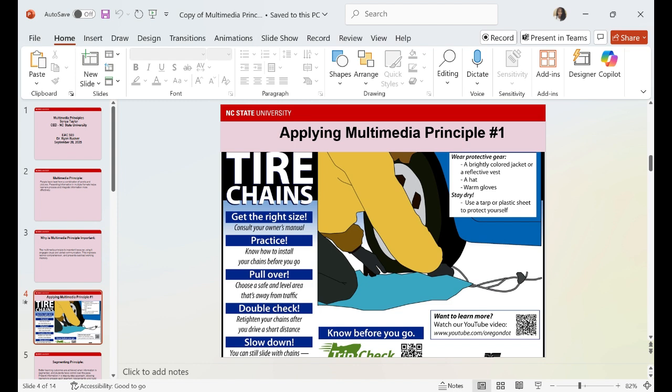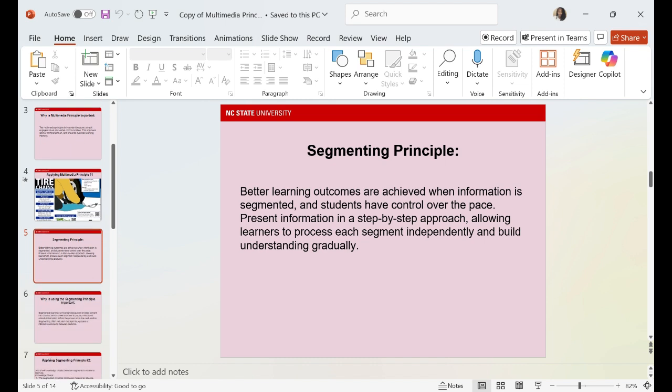I think this is a perfect slide to show visual and verbal communication, because with the video, you can pause it, you can rewind it, and then you can keep going. With this kind of job aid, it tells you what to do and then it shows someone trying to do it. So that is how we would apply the multimedia principle. And that's my first one.